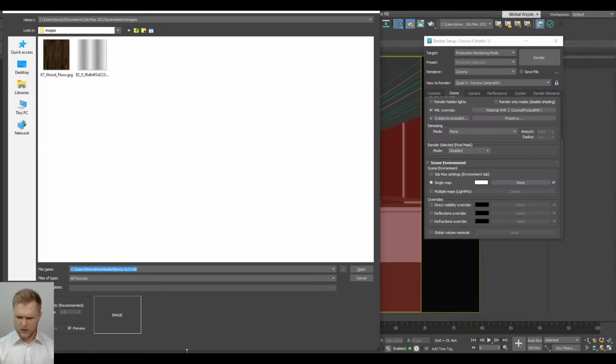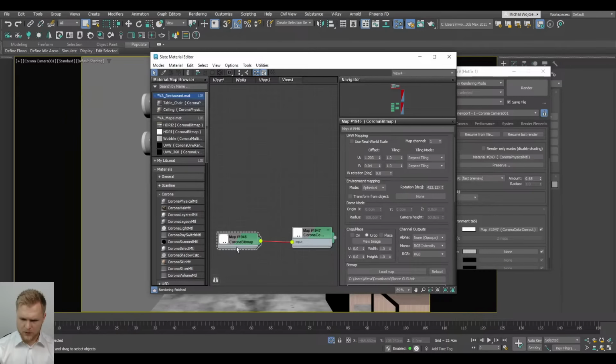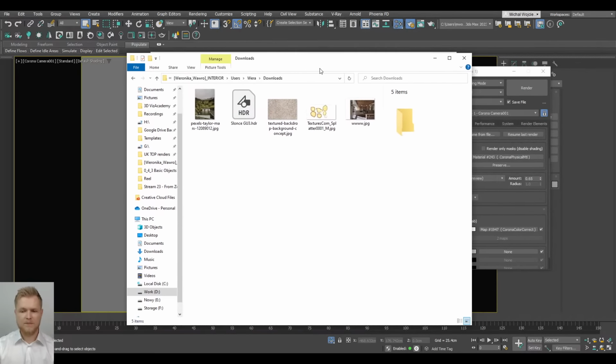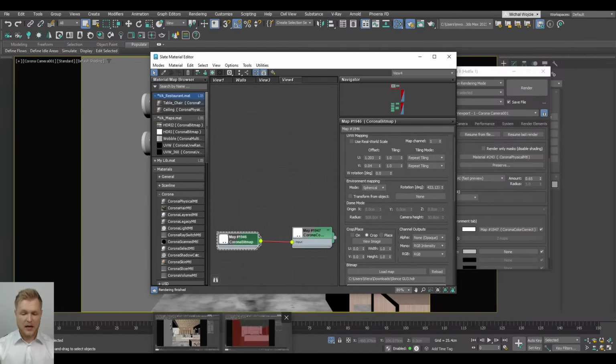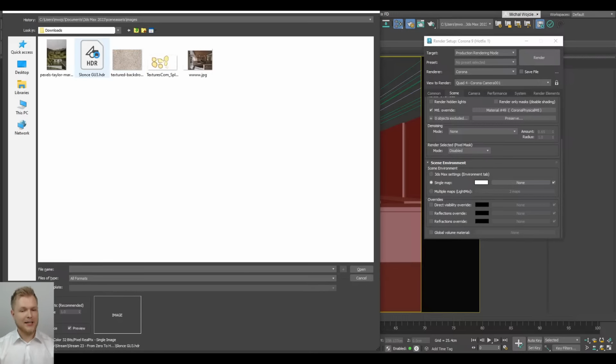Okay, so wait a second. We're going to have to do a little bit of a redo here. It seems like my 3ds Max decided that I actually don't have this file in the directory that I copied. So we're going to go to file location. Okay, I've got it. And now I've moved it into a different slot. So sorry for that. Now we're going to add it here, open it up,